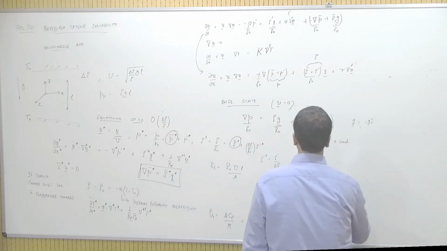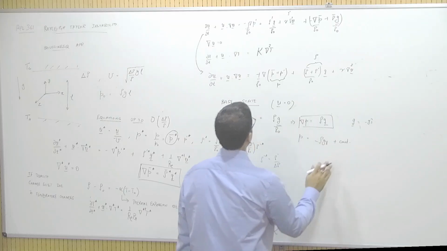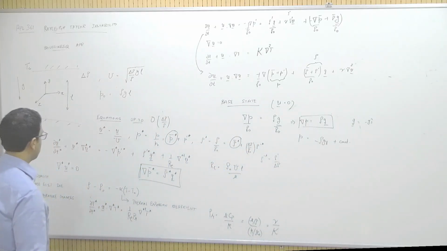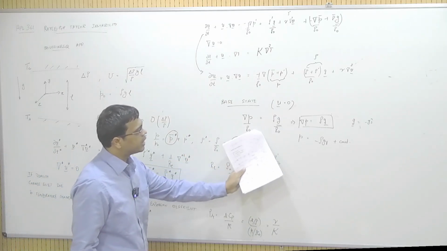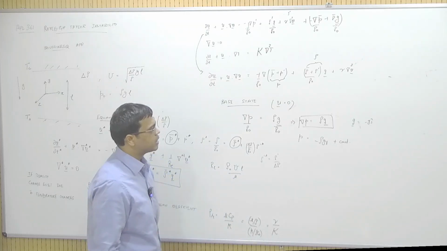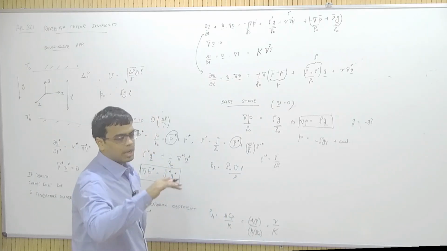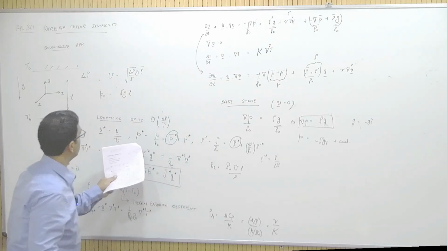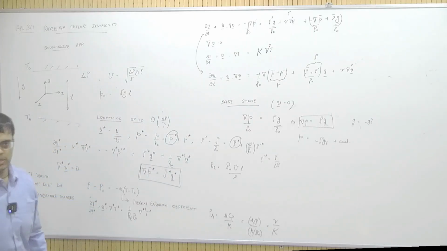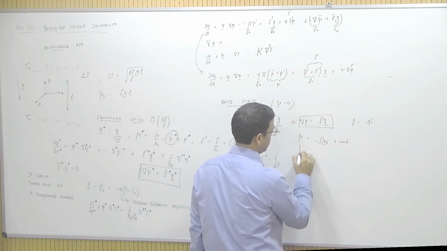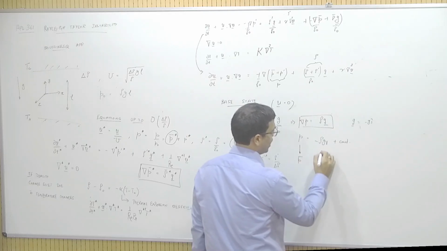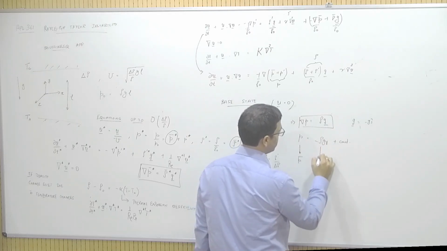Okay, so we have p as this. Now this is our base state. Now instead of writing these with the subscript 0, the base state solution with subscript 0, I'm going to write it with a bar because we already have that subscript 0 in the scales. Okay, so I don't want to confuse you guys. So let us say this is P bar, and the density is basically